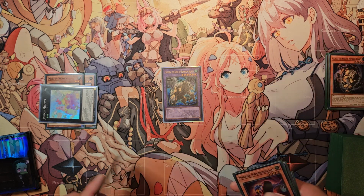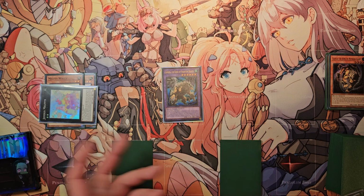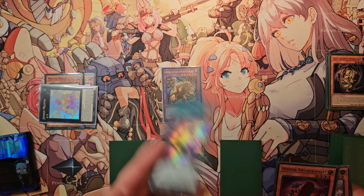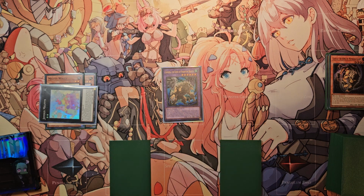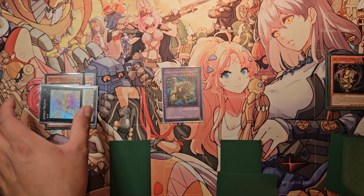And at this point we can set Chimera Fusion and set the Called by, assuming we didn't need to use it on our turn. Like I said, this could have played out differently depending on if they did have hand traps, because with Talents, we could have dug deeper into our deck with the draw 2 and potentially opened more combo pieces. But for the time being, this is perfectly fine. The board looks very unassuming, but it has insane potential. So we'll pass turn, they lose a card out of their hand, and then on their turn, we'll make sure